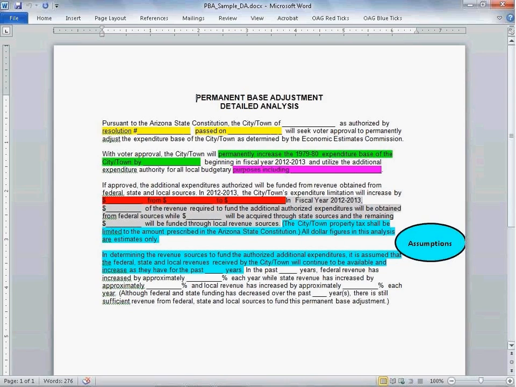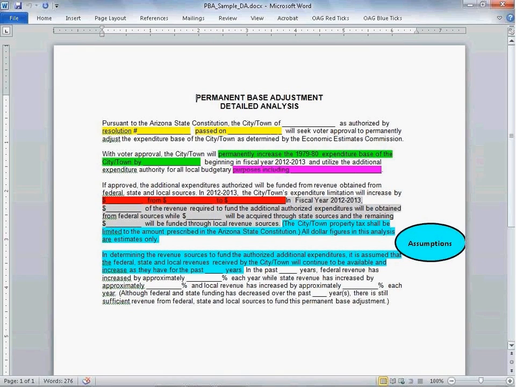While the term HERF may be meaningful to you, it does not add to the voters' understanding of how the monies will be used. And here again, we look for the descriptions of expenditure purposes on the detailed analysis to agree to those on the summary analysis. Next, in our review of the detailed analysis, we verify that the increase in the expenditure limitation, as well as the reported limit before and after the permanent base adjustment, highlighted in red, agree to our recalculation, and that those numbers also agree to what is reported in the summary analysis.